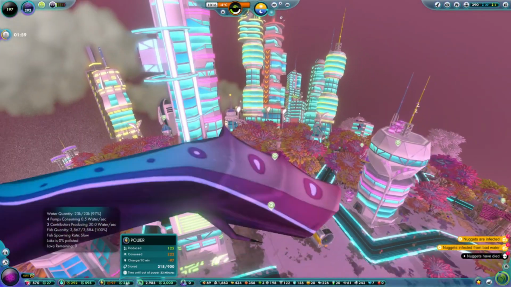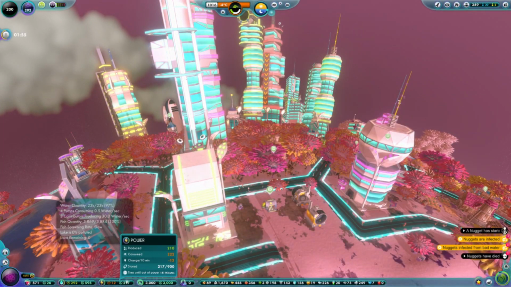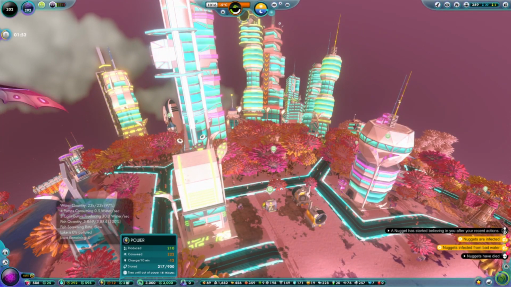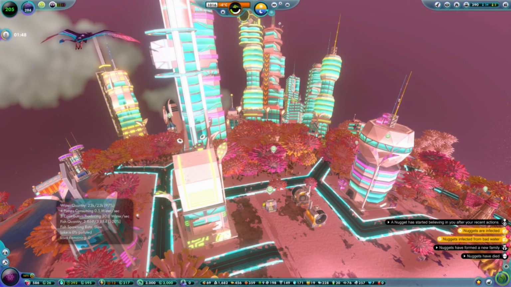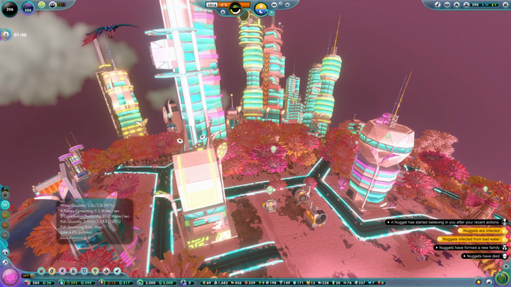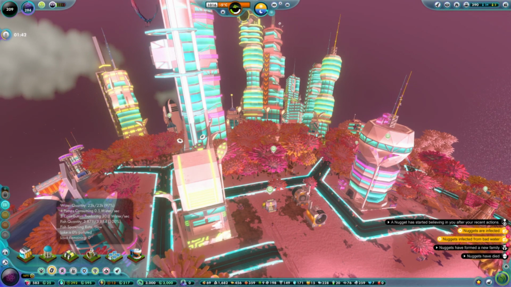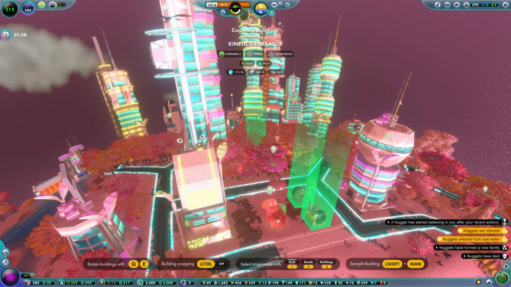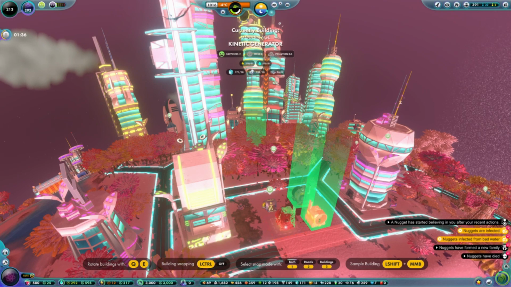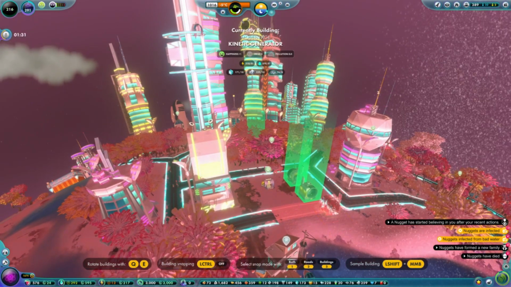Is it time to put down a third kinetic generator too? Maybe. Yes. There are nuggets in both of our kinetic generators and we're still producing in the negative, so I'm going to put down one more. Man, I guess I just don't need roads here, do I? Or want...